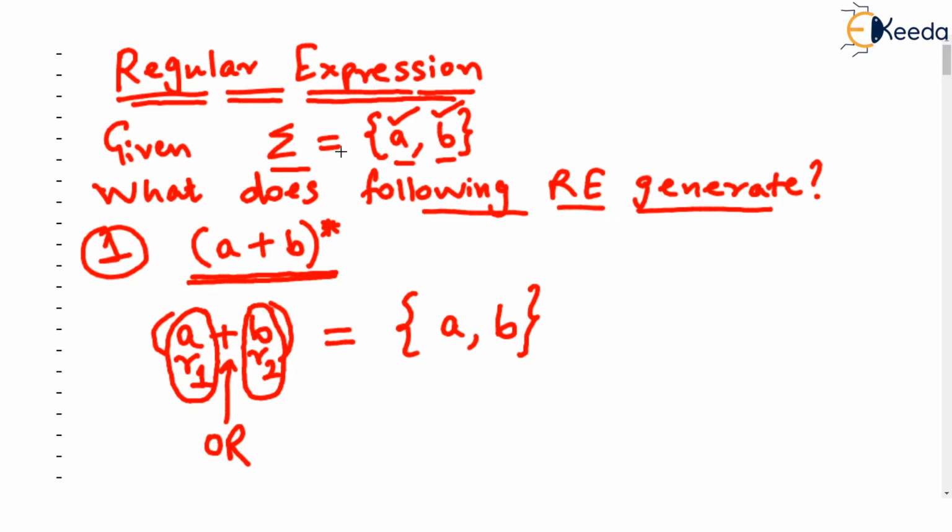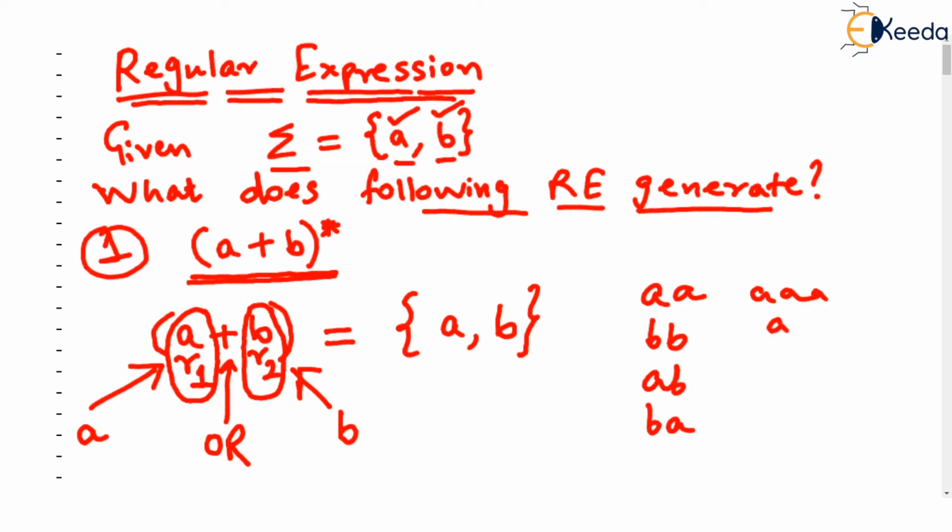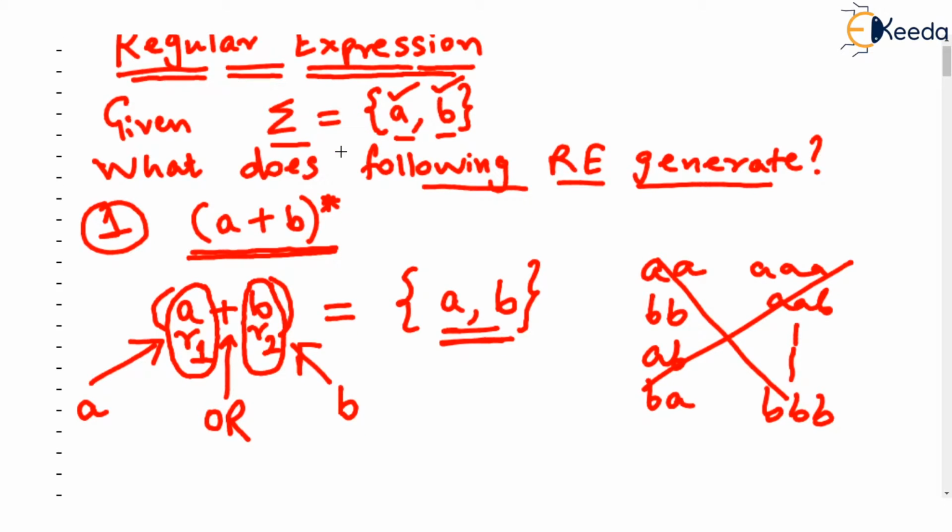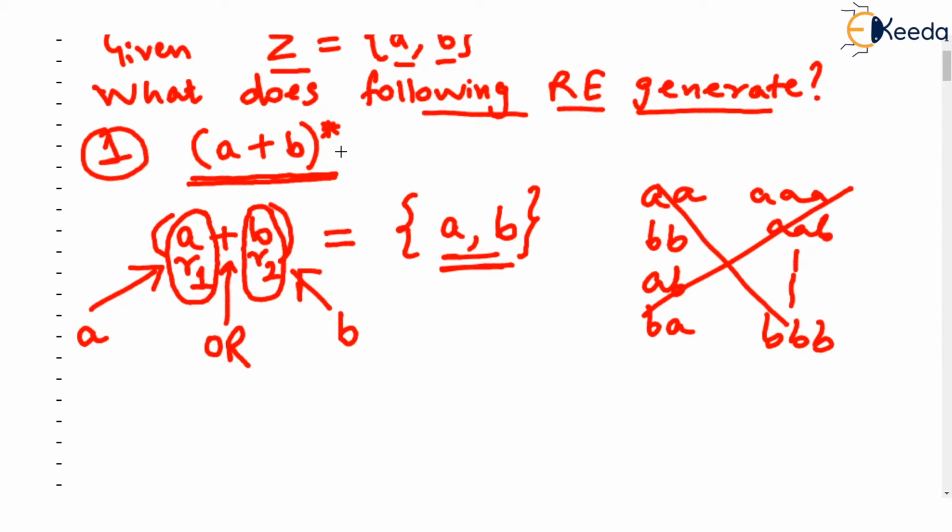And only one string actually satisfies R1, that is a, and only one string satisfies R2, which is b. But all other strings, for instance aa, bb, ab, ba, aaa, aab, up to bbb, and all infinite strings will be rejected, because the regular expression says except a or b. So {a, b} is the language generated by this regular expression. But then we are not asked about a + b. We are asked about (a + b)*,